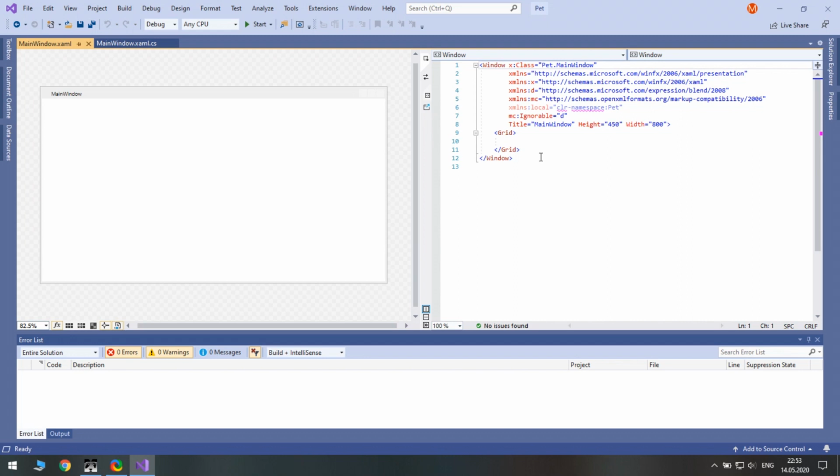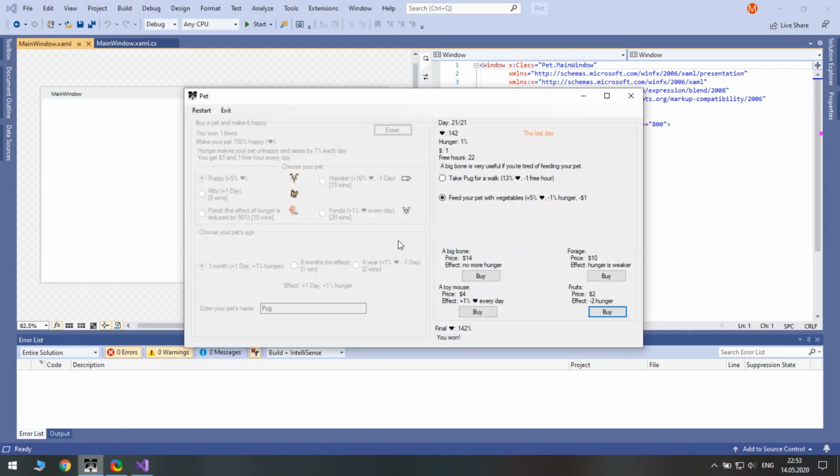I assume that you already have at least a little experience with WPF and XAML. If not, watch my video about XAML basics, not to be at a loss. In our Windows Forms project, we used only one window to host both the properties and the game. It also lacks a starting window from which you can start the game, change game settings, or exit the game.